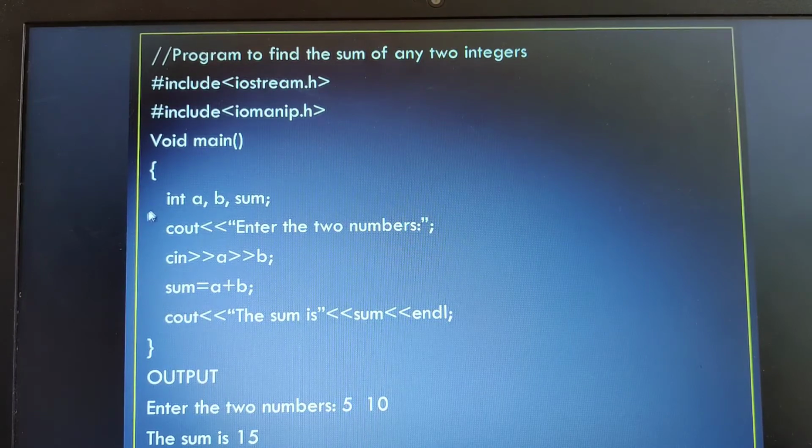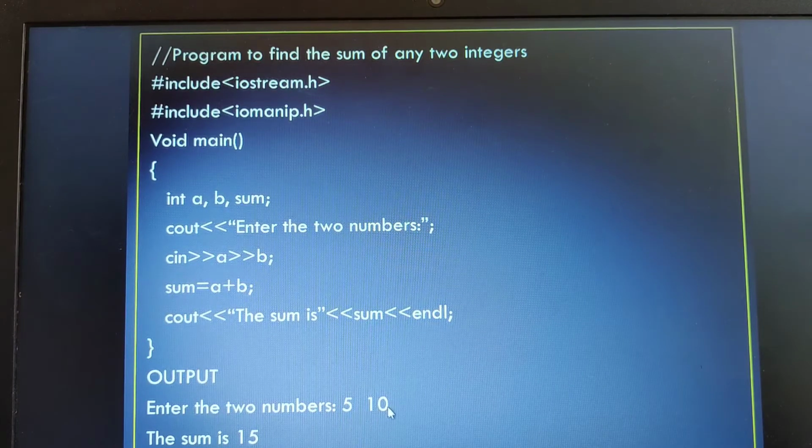After that, what happens? The compiler will encounter the cout statement. What it understands by cout is console output. It understands that whatever is given under the double quotes is a string constant. Am I right, students? What is a string constant? Those are the sequence of characters which are enclosed in double quotes. So this cout statement, the string constant as it is, will print onto my output screen, even including the colon. Then this will be printed onto your output screen. Then you will give the values as 5 space 10.